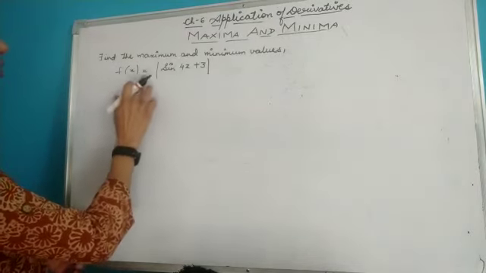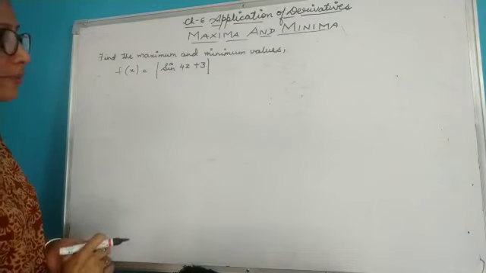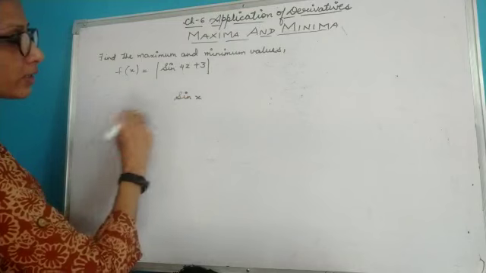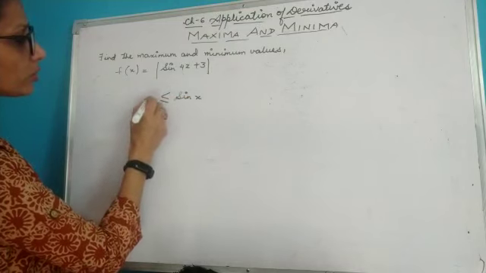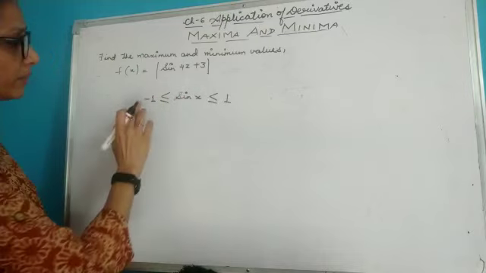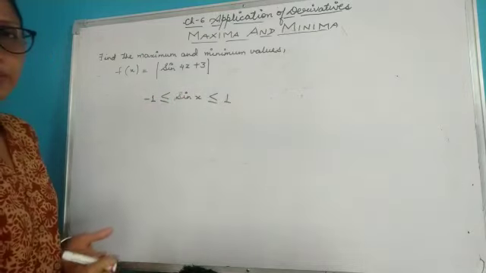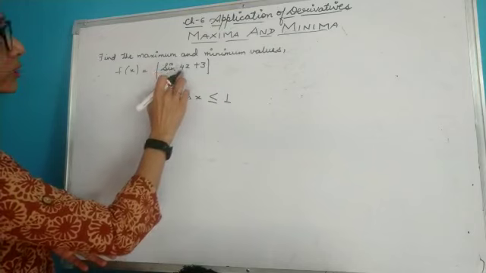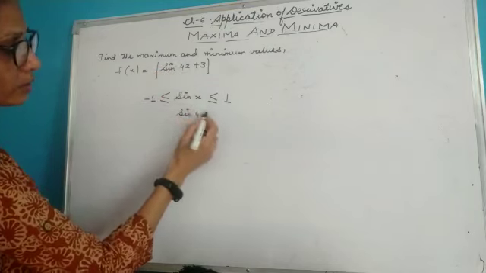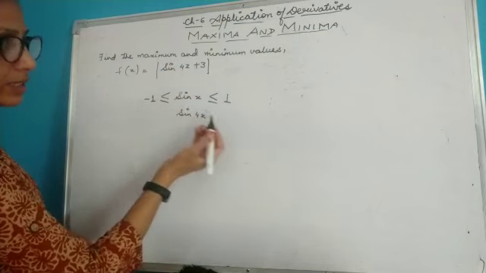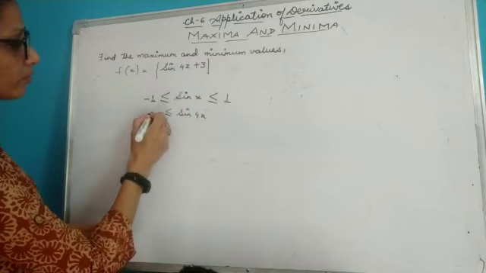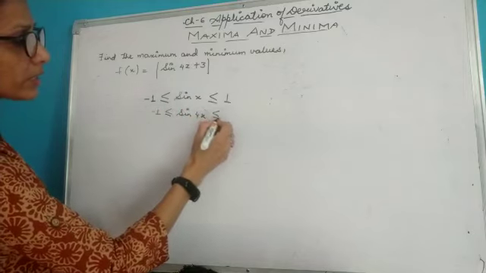Now, let's discuss this question, children. It is given fx equal to mod of sine 4x plus 3. Now, you know that sine x has the range from greater or equal to -1, less or equal to 1. That means sine x can attain the minimum value as -1 and the maximum value as 1. Here it is 4x, so I will be writing it as sine 4x. Here it is 4 times of the angle, but still it will not matter for the range. It will be only -1 and 1 only.